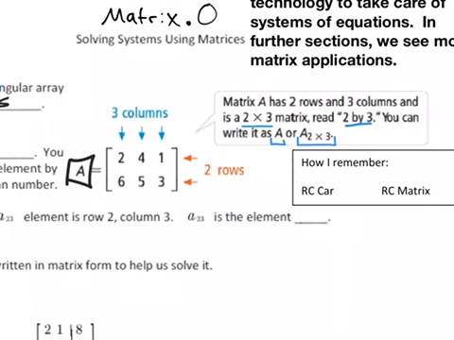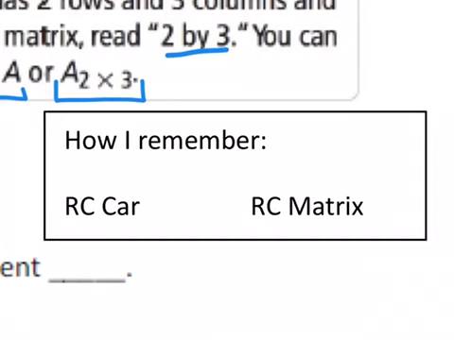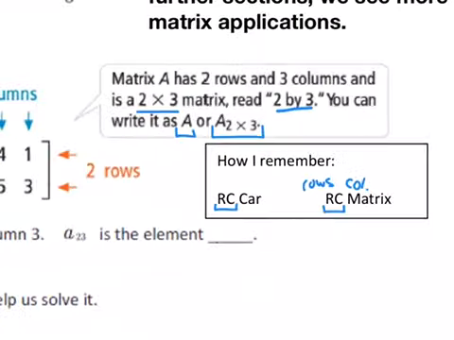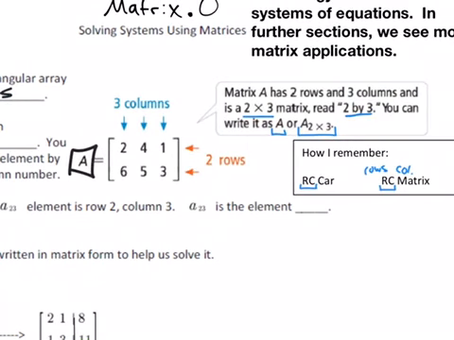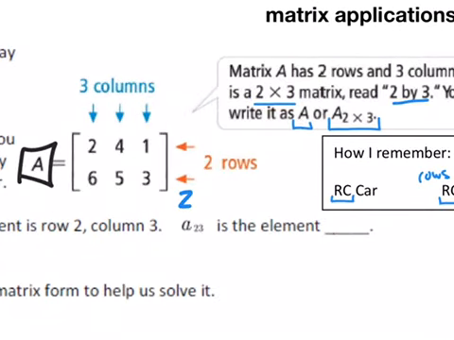Now, one thing that you might be wondering is, is it rows or columns, columns or rows? Here's how I remember. It is rows and then columns. If you think back to growing up, maybe you've used one of these, an RC car, which stood for remote controlled car, where you can drive the cars around with a little wireless steering wheel. So RC car, RC matrix, which stands for rows and columns. So it's the rows that get mentioned first, which is why the dimensions here for this one is 2 rows